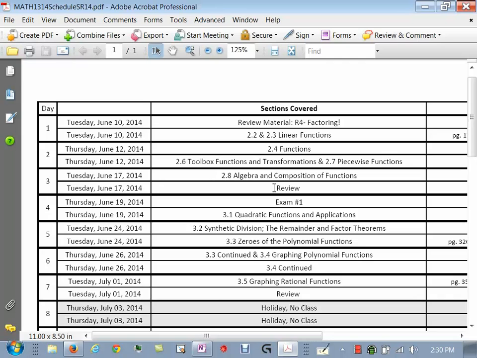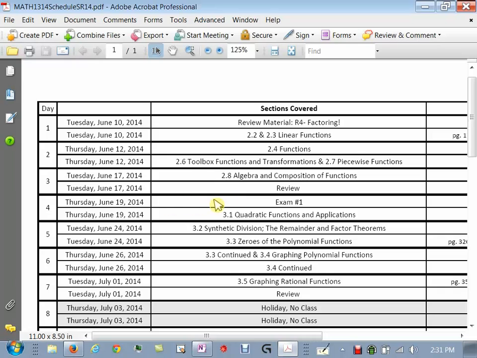And we will review for it next Tuesday. Now, remember I said I'm going to do a class and about halfway we'll break and then we'll continue. Well, because of that, I've actually split up the days like that. So on Tuesday of next week, we'll do 2.8, and then we will have a review over everything for the second part of that class.